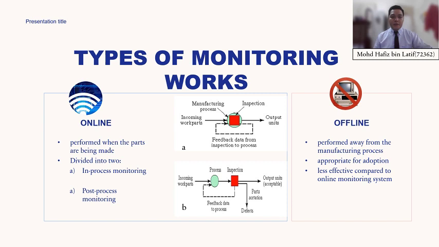Basically, there are 2 types of monitoring work, which are online and offline. Online monitoring work is performed when the parts are being made or in the process of manufacturing, and it is divided into 2: in-process monitoring and post-process monitoring. Offline monitoring work is performed away from the manufacturing process, which is performed after the process of manufacturing is done, and it is appropriate for adoption because it is less objective compared to the